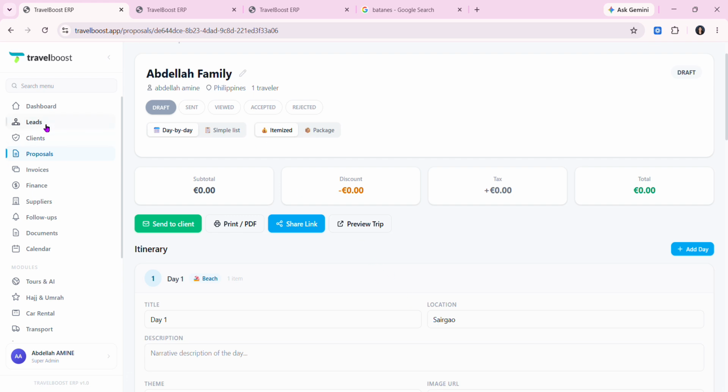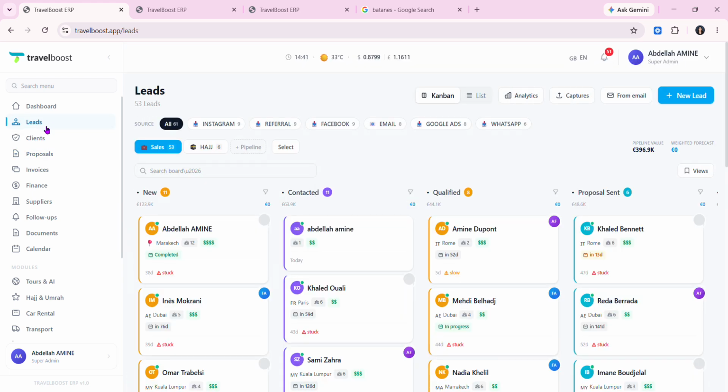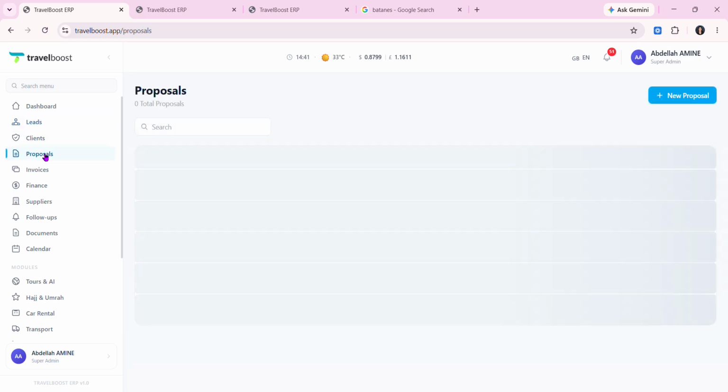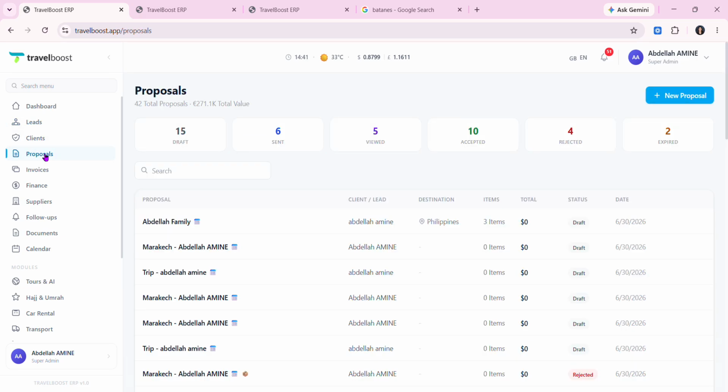Whether you create a proposal from a lead, a client, or directly from the proposal section, you can build professional itineraries, choose between day by day or simple list layouts like itemized or package pricing, and easily share your proposal with your customers via link or PDF.